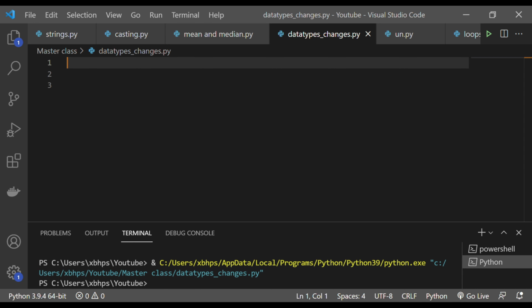In this class we are going to see data types and the different conversions on data types, how we can convert from one data type to some other. So let's get started, and the first thing I wanted to show is how you can create an empty list, empty tuple or empty set. To start with, let me create an empty list